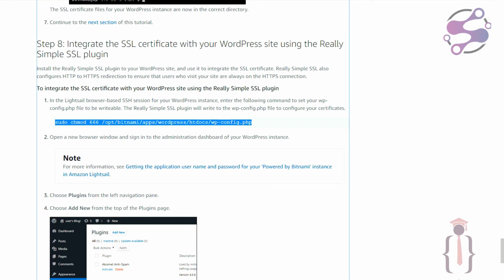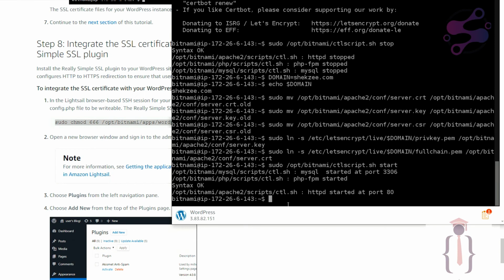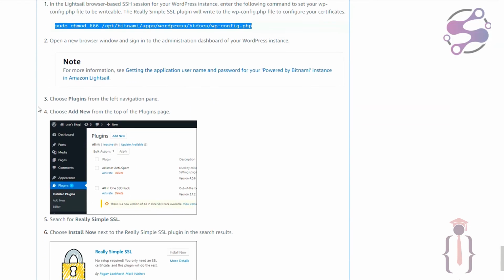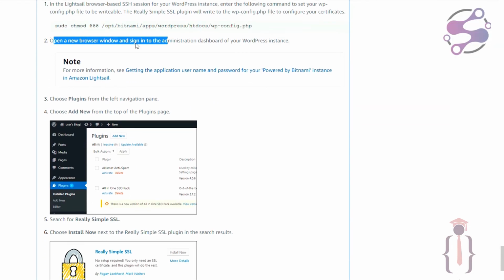So now, because you are allowing, now hit the enter button. Fine. So now they are saying open your browser and sign into your